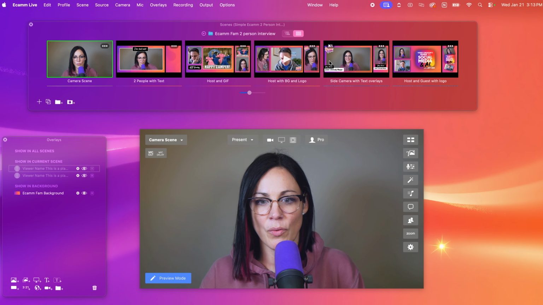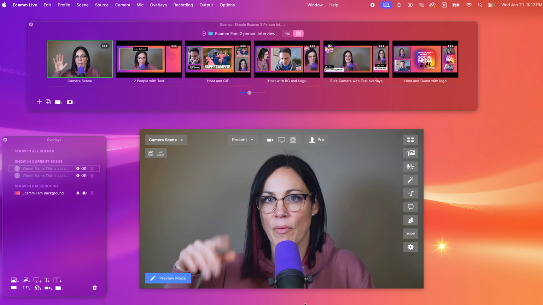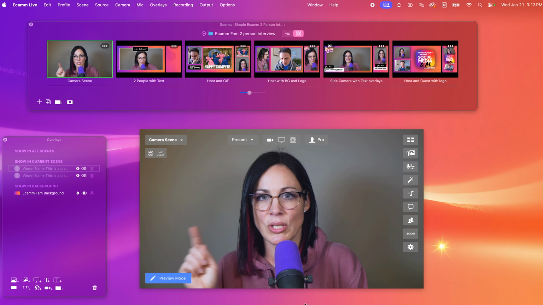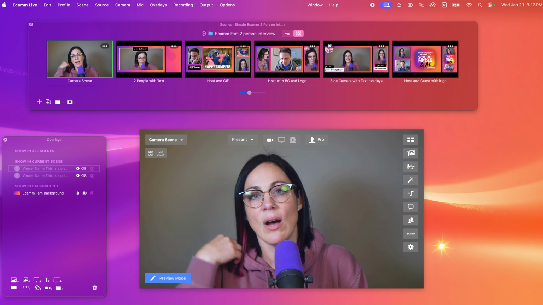I can kind of preview what my scenes look like. You can make this as big or small as you want. If you have another monitor, throw it on another monitor, and it just makes it so much easier to click through your scenes. All right, so that's the first thing I wanted to showcase, but now we're gonna get right